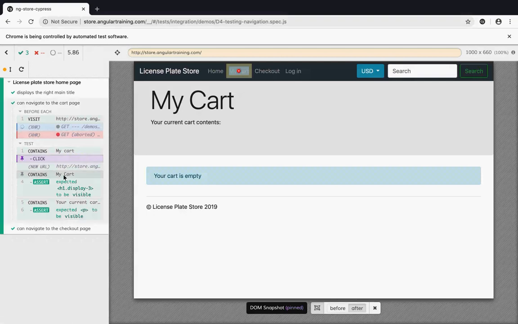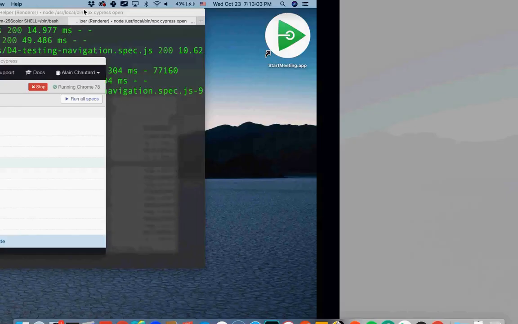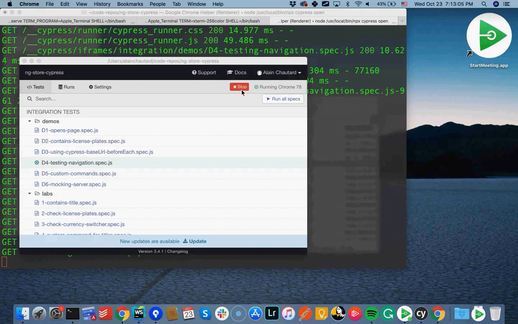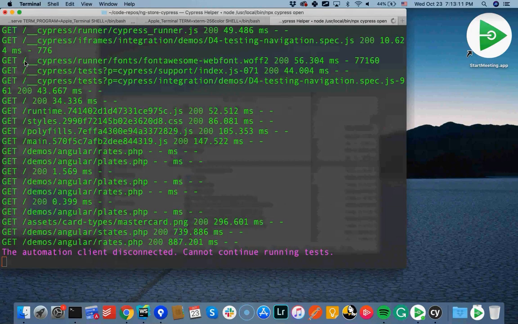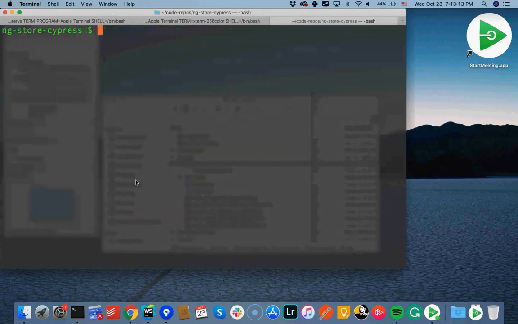And another nice thing that this allows, so this is good when you're working on your tests on your machine and running them, but most of the time what we're going to do is do that with continuous integration, right? So you're going to have a tester that's going to run these tests on its own. Cypress also gives support for that out of the box with npx cypress run.